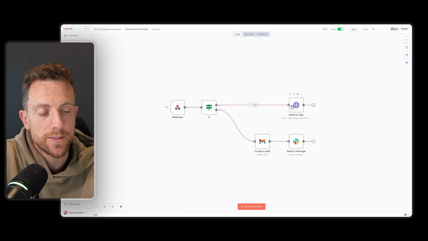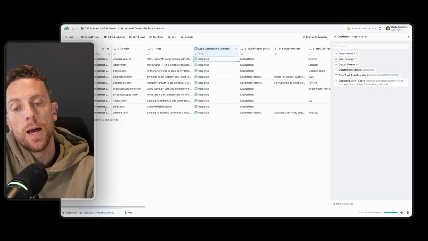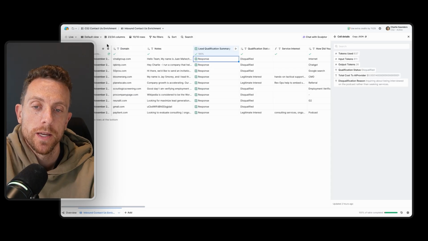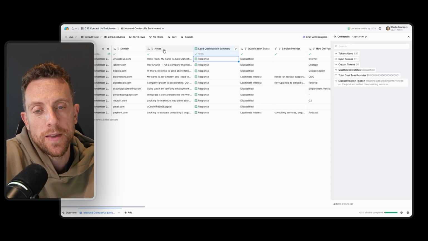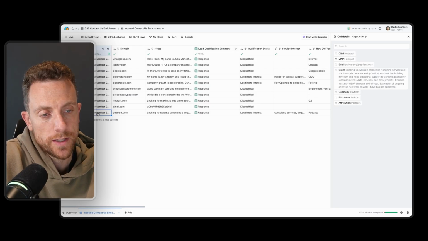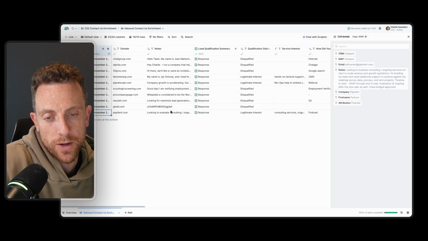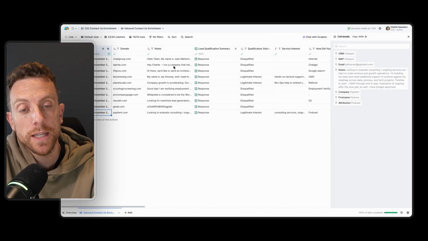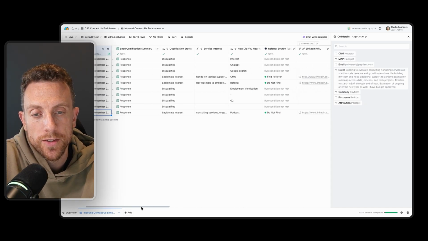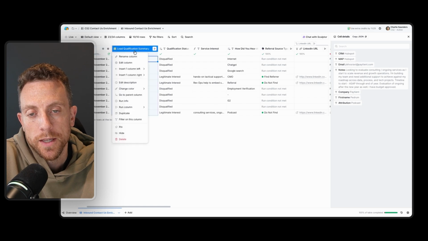But when the data gets into Clay, once we have someone fill out our contact us, we're receiving that in the webhook, we're splitting out the domain, and then we're capturing all of the other fields as well. There's all the fields in here. But we're splitting out the note field here to show us what they were interested in. And then the first AI step, so we've hooked up our OpenAI API. So then we have